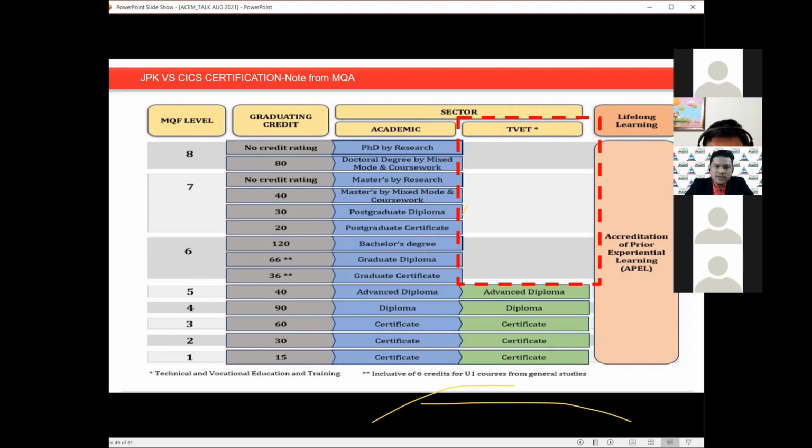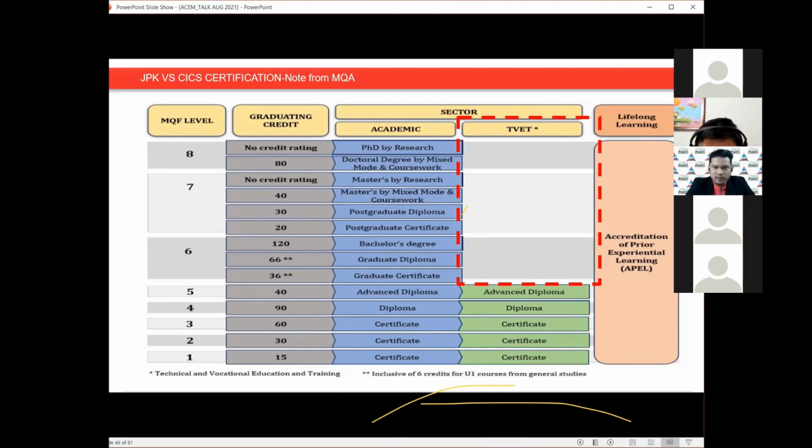Now, you can see that in TVET, we don't have levels 6, 7, 8 yet in MQA, but we have level 6 in CIDB. That's why I tell you that CIDB has their own CSQF, now about to enter the MQF, but there are some discussions to synchronize and verify first. But I believe one day, sooner or later, CSQF will be absorbed into MQF. Once CSQF is absorbed into MQF, your Ts, Technologist Professional, from the MBOT, can be obtained through level 6, because it's actually an MQF certificate through level 6 there.